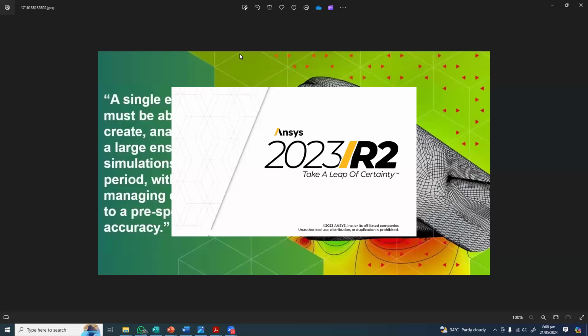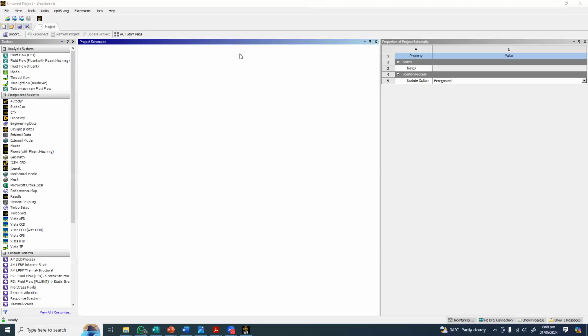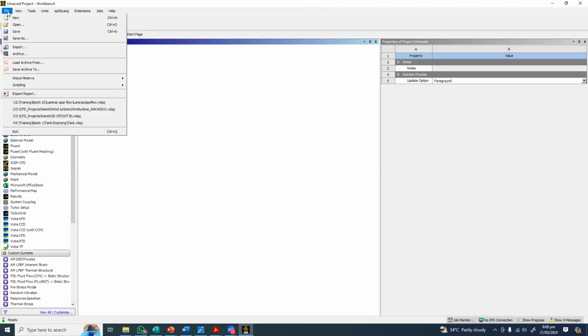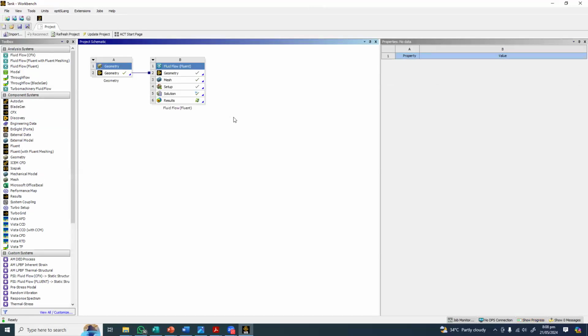But what I observed yesterday is that the geometry was divided into multiple parts. And although we use a shared topology, somehow the solution was not converging properly. So my suggestion is that in that case, because of the difference between the Workbench and the design model, the design